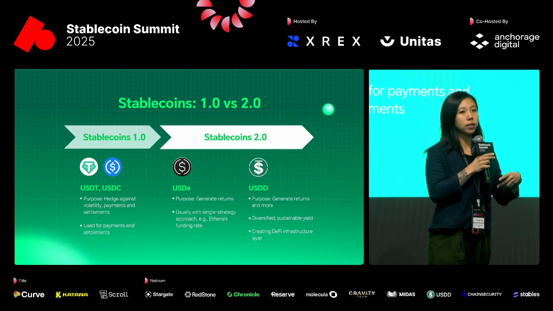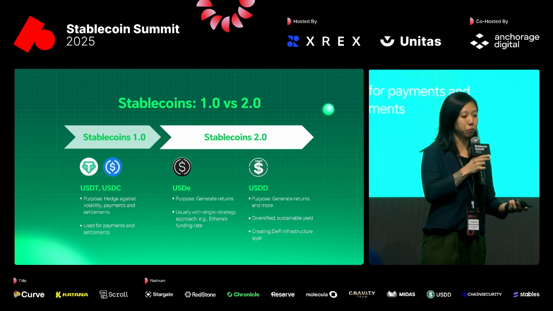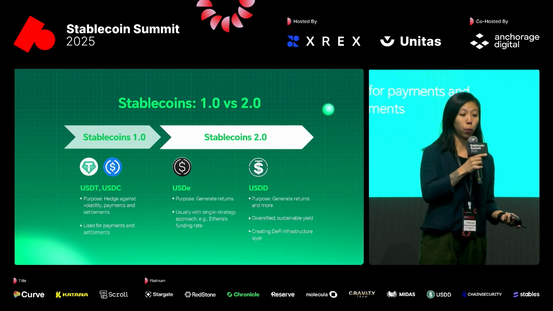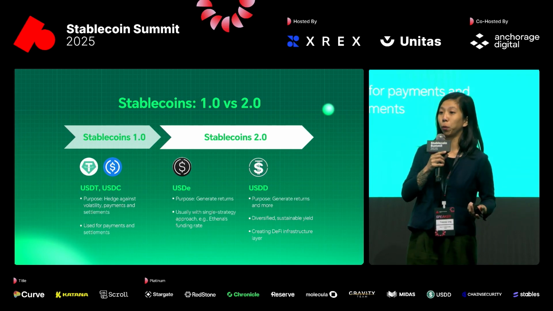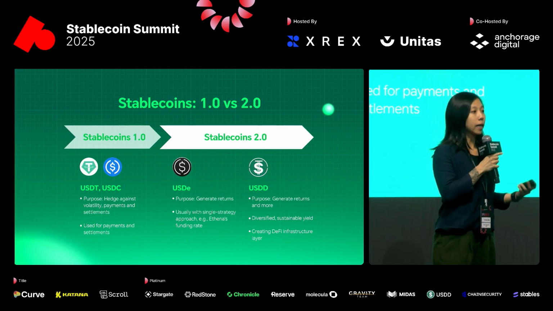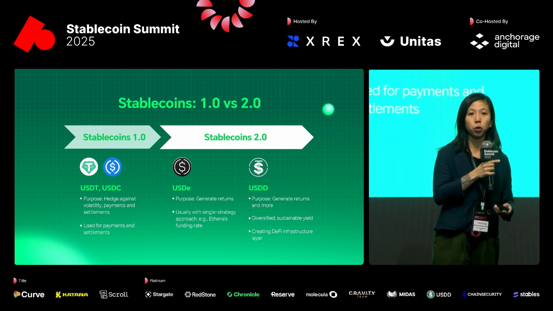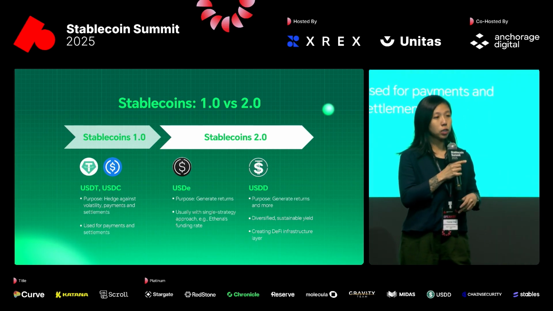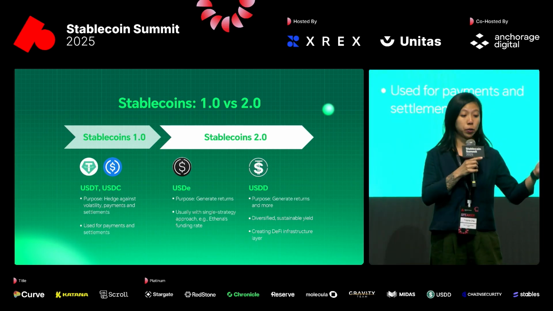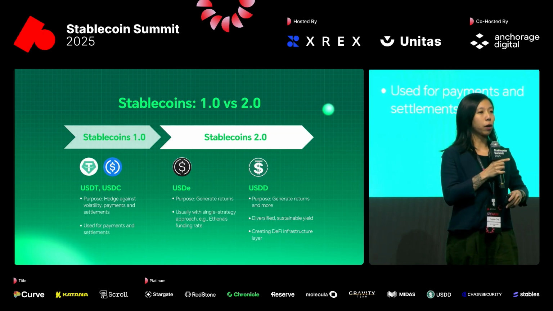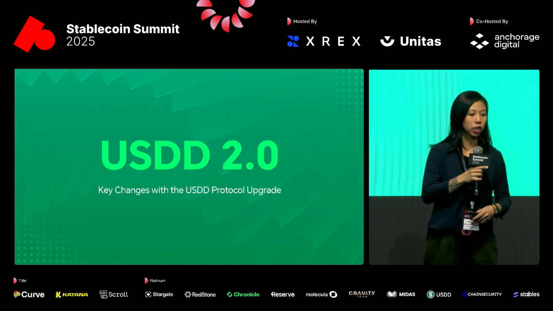So when it doesn't work, it does open itself up to risk. So USDD wants to push the stablecoin frontier even further. We focus on yield, but we also want to be involved in payments and settlements. We want to thrive in all sorts of different ways. Think of it like a Swiss Army knife. We want to be a multi-purpose tool. And secondly, in terms of yield generation, we want to go beyond single source yield. We want something that is diversified, that is sustainable, that can work out long term. And this transformation is huge, from Stablecoins 1.0 to 2.0. Nowadays, stablecoins are not just a one-dimensional asset. We are creating an entire DeFi infrastructure layer.